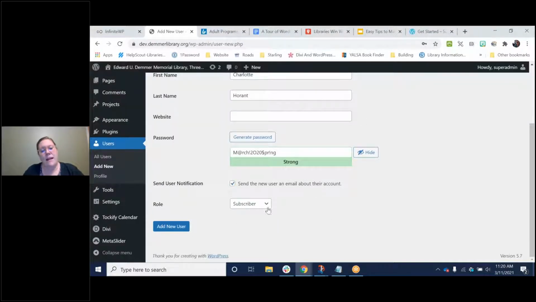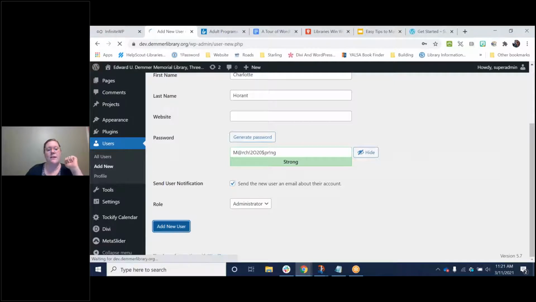Spring. Now there's different roles here. Generally, you should have just a role listed as administrator, so that they can have full function. Now, if you're worried about things being deleted, then you can change the capabilities of each of these areas. Editor, for example, can contribute to the website, but I believe they cannot delete. And you can dig into the capabilities of these certain roles within the WordPress support website.